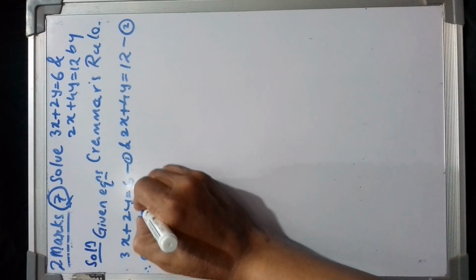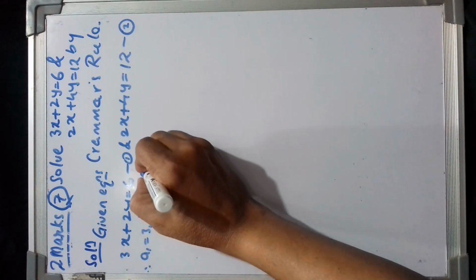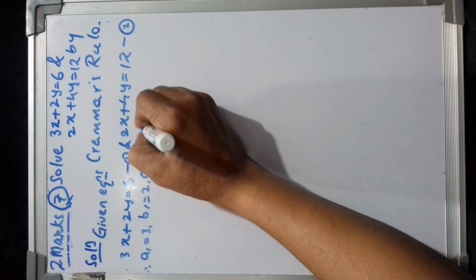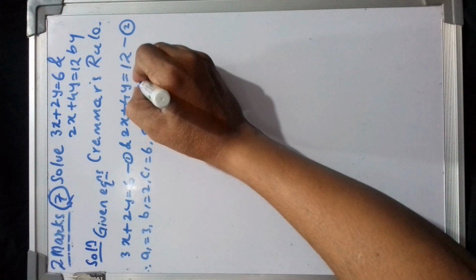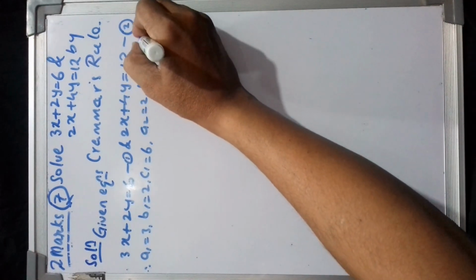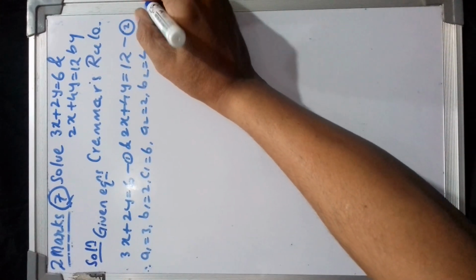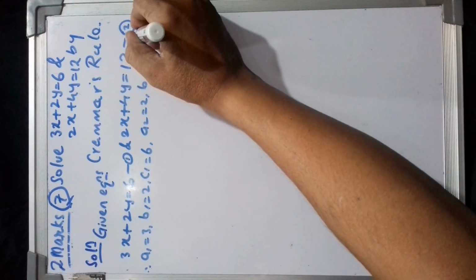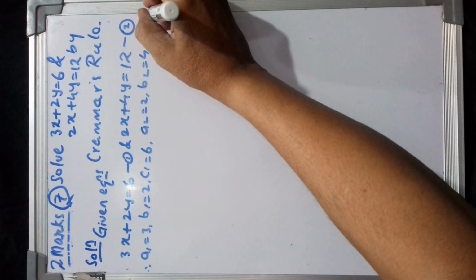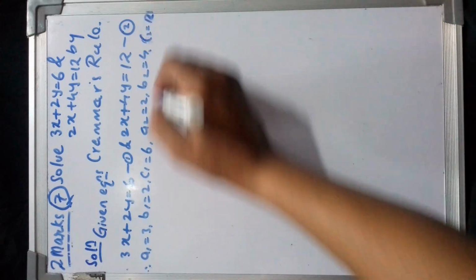Now comparing with a1x plus b1y is equal to c1 and a2x plus b2y is equal to c2, we have got the values a1 is 3, b1 is 2, c1 is 6, a2 is 2, b2 is 4, and c2